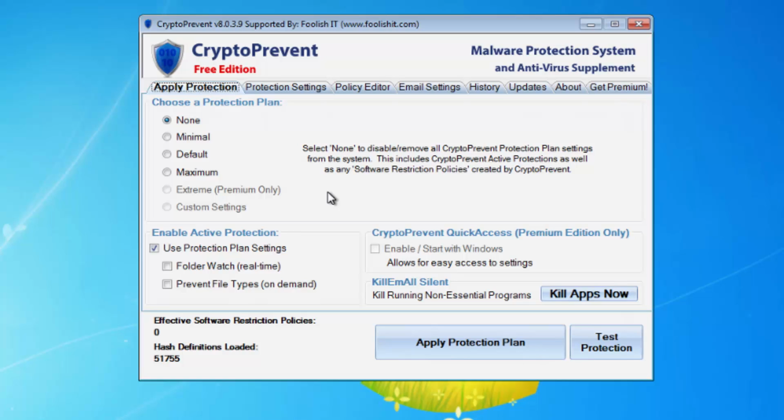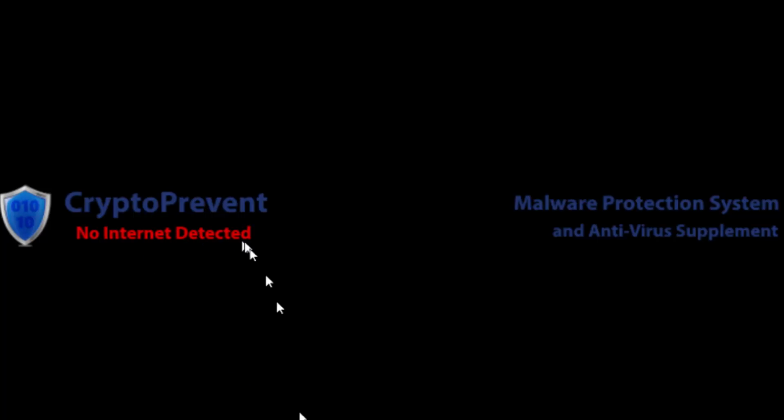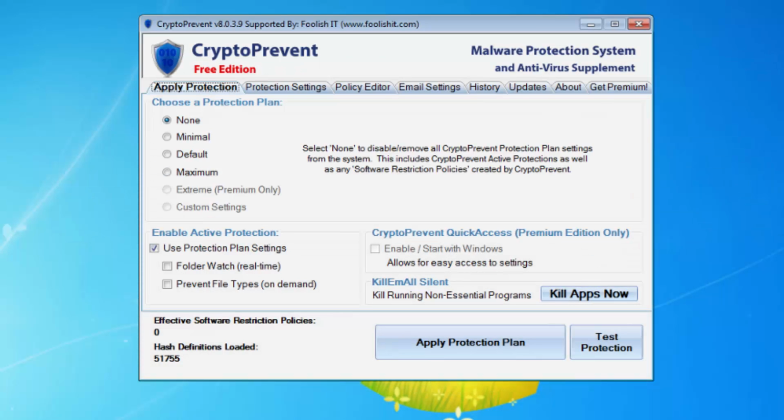This time we're going to go over any issues that might prevent CryptoPrevent from starting, or basically you can't get to this screen here, which is the main interface GUI. Another symptom it might cover is instead of saying free or premium edition here, you might get the no internet detected banner. So we'll cover the majority of the issues that cause that and go over how to fix them